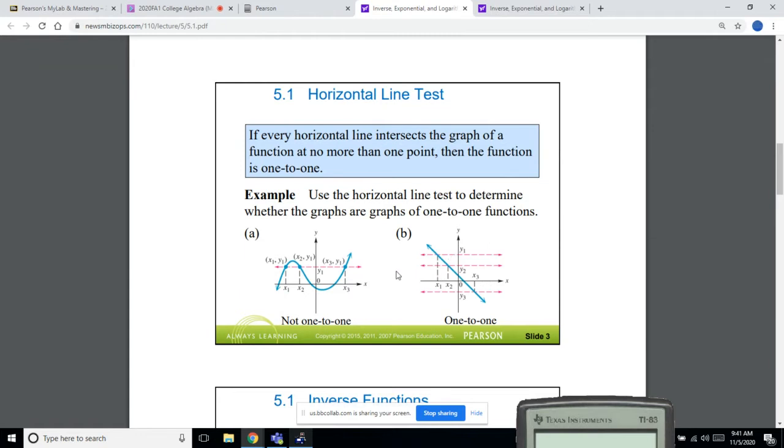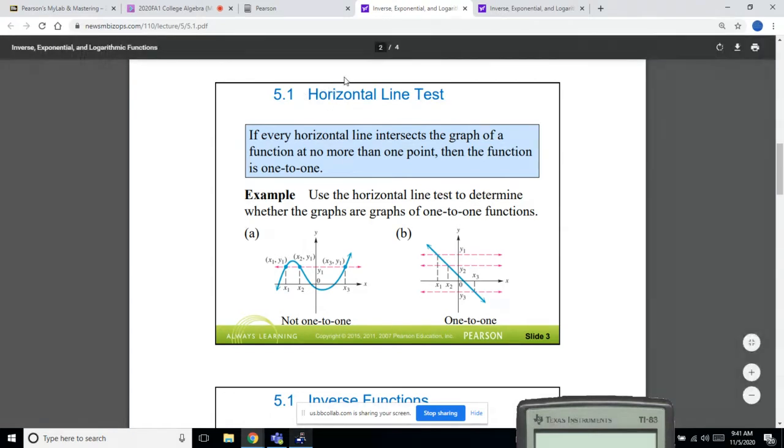If we're looking at a graph, in order to determine if a graph has an inverse, you may hear or see this one-to-one terminology. If the graph is one-to-one, that means that the graph will have an inverse. In order to determine if a graph has an inverse or if a graph is one-to-one, we use something called